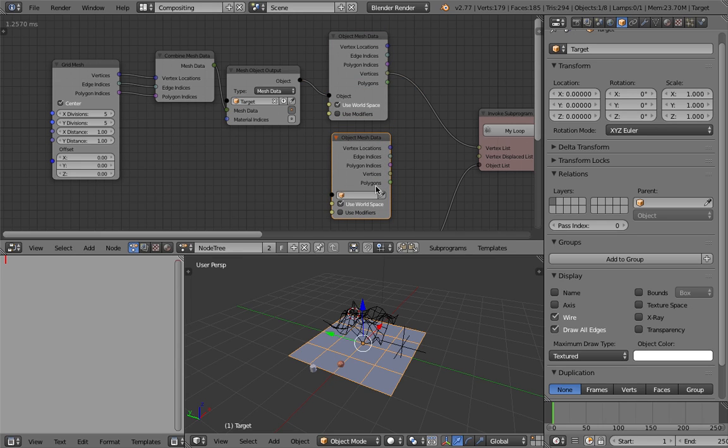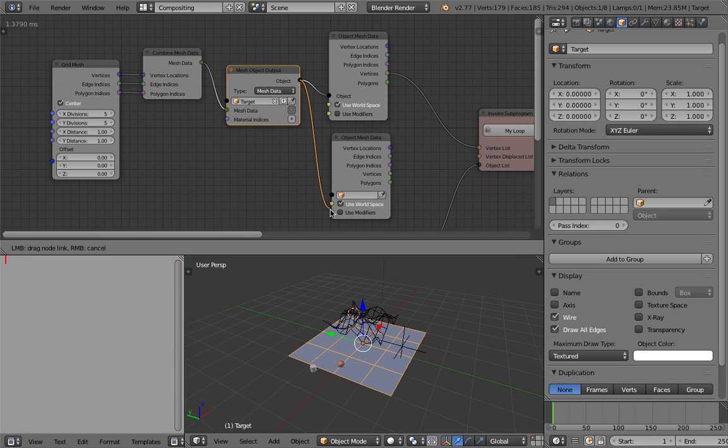Maybe I'll create another one. Let me think. Original vertex, vertices. Well, just create another one, I guess.